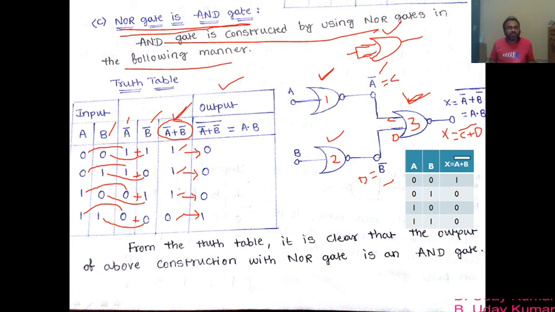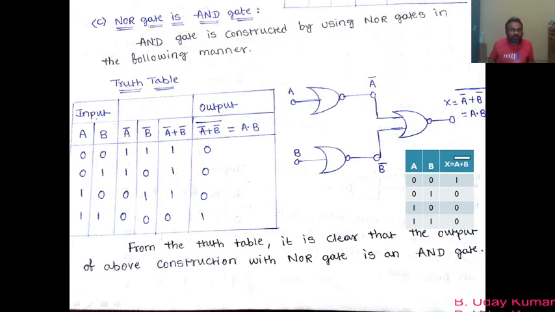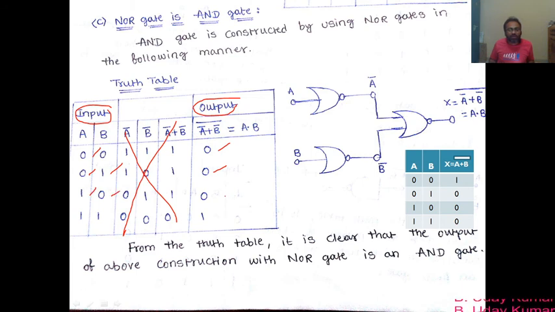Okay, so erase everything, completely erase everything. Just observe the inputs and output now. Even forget about this one also, these three columns also you can forget. So for 0 and 0 you are getting 0, and for 0 and 1 you are getting the output as 0, and for 1 and 0 you are getting the output as 0, and for 1 and 1 you are getting the output as 1. So this operation is looking like the truth table of the AND gate, right?